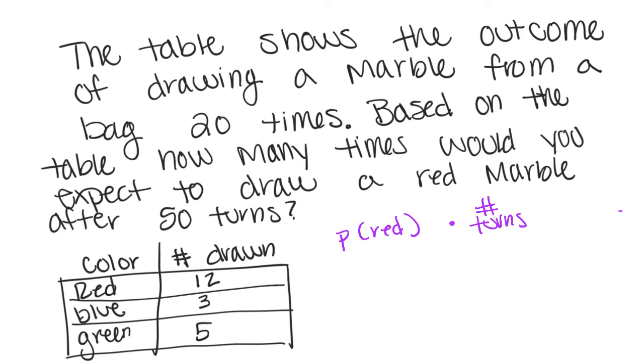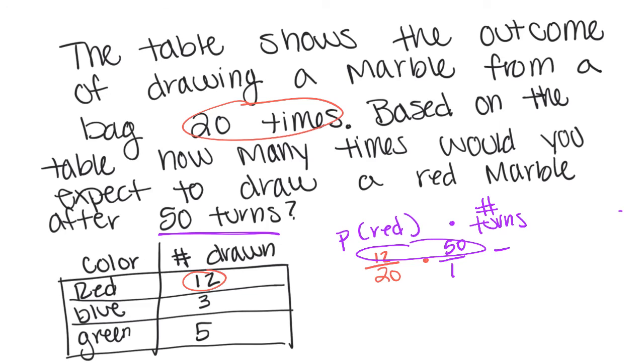So our probability of red, there's 12 red, and it said it was after 20 times. So 12 out of 20 times, we want to know after 50 turns. So times 50 over 1. I should do top times top. 12 times 50 is 600, divided by 20 times 1 is 20. 600 divided by 20 is 30